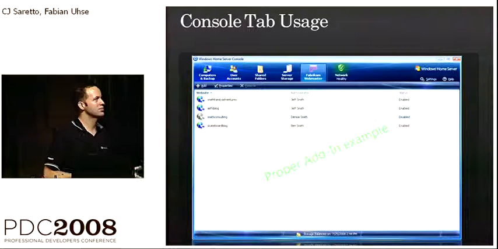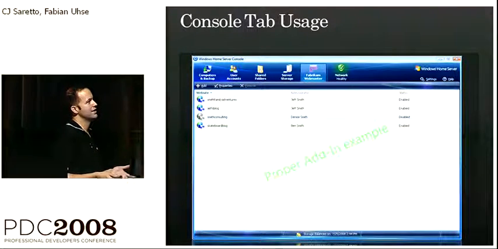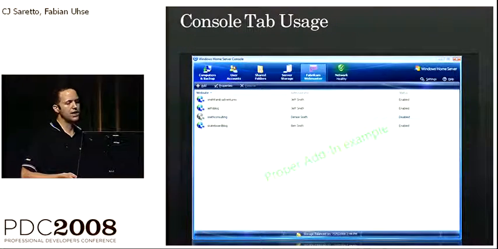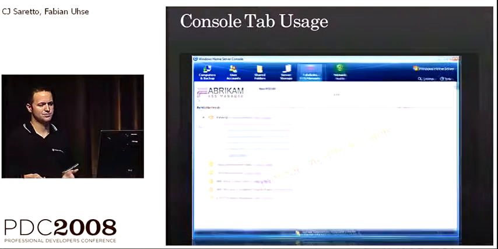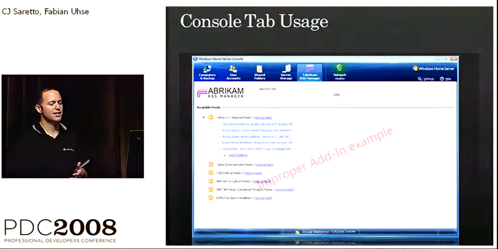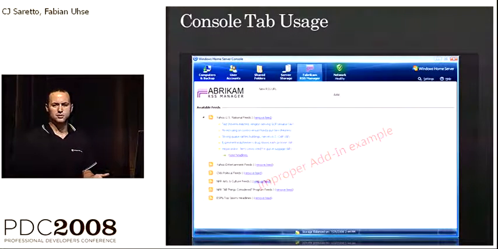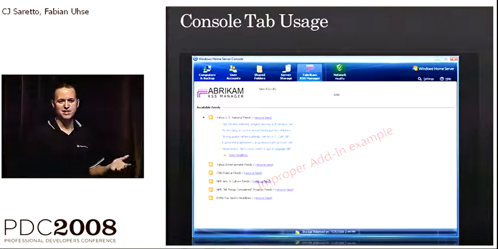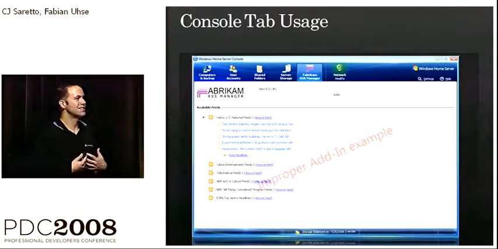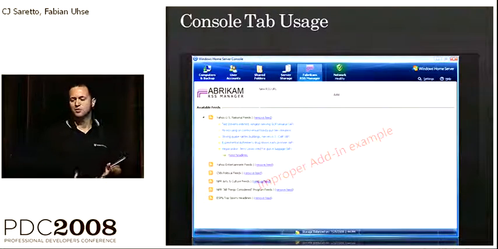And here we've just mocked up an example where an add-in is configuring websites on the IIS built into the home server. This is an awesome example of a correct usage. Now, you might decide, oh, I could build anything I wanted to in Windows Home Server console. I might build an RSS reader. Now, we actually think that's an improper usage, and let me tell you why.